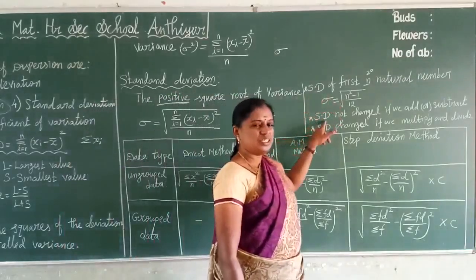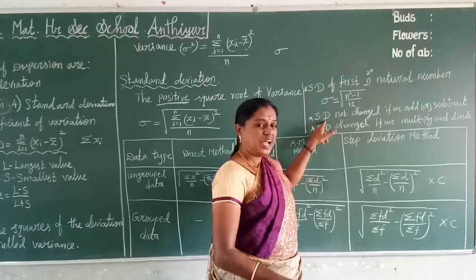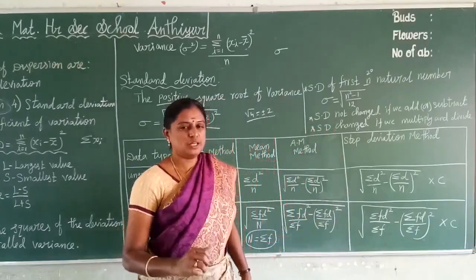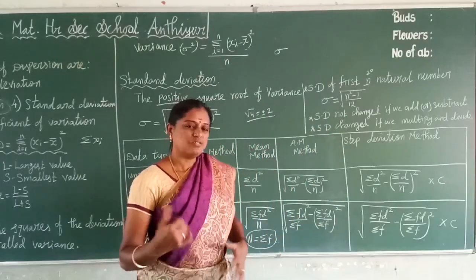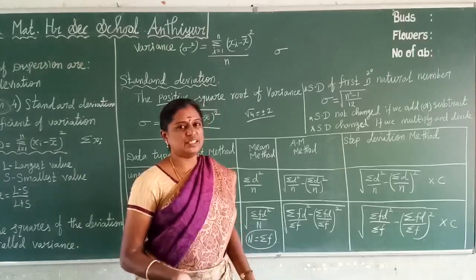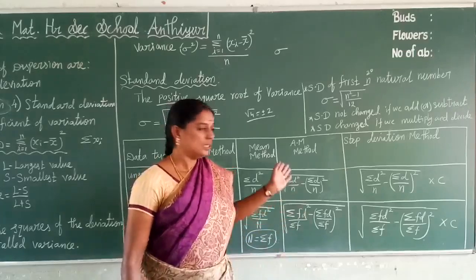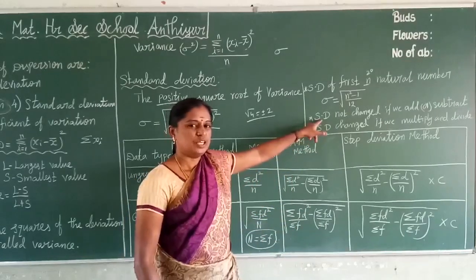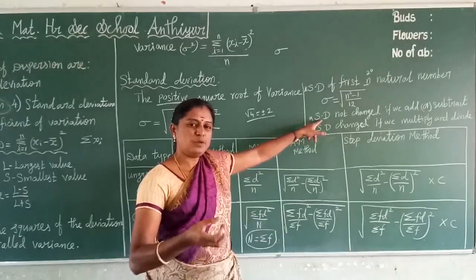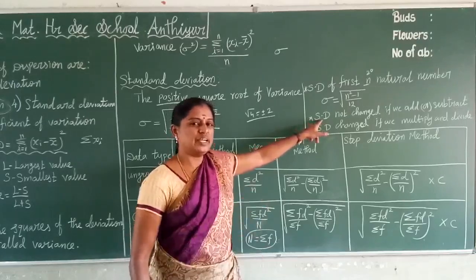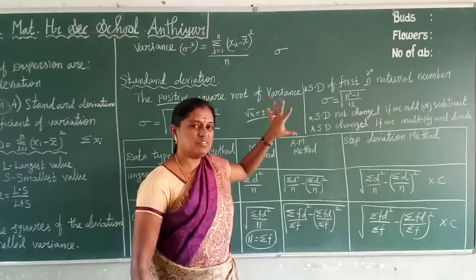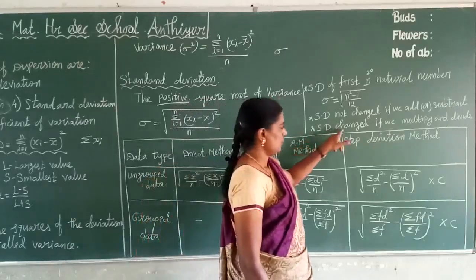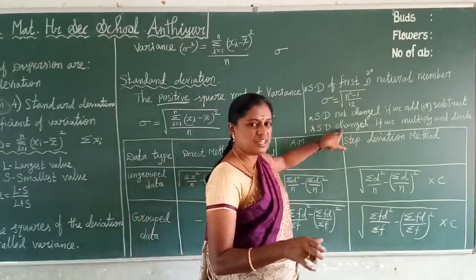Here suppose you calculate the standard deviation. After that, if each data value is added to or subtracted by the same number in the given data, the final standard deviation is not changed. Clear? So we verified it in the exercise problems. That time we clearly understand. If the same numerical value is added to all the data, at last the standard deviation is not changed. Clear?